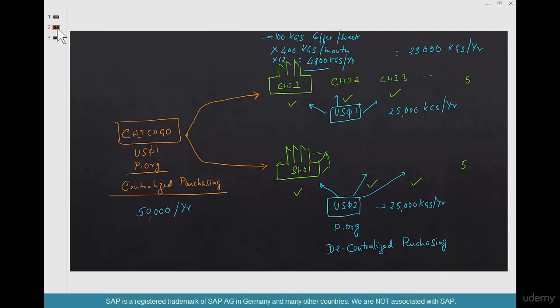So 50,000 is obviously a much bigger volume than 25,000. But what does this volume get us? Now, when we have bigger volumes like this, we can negotiate better terms with the vendor. Now, I'm not just saying price, I'm saying better terms, because terms could mean better price,